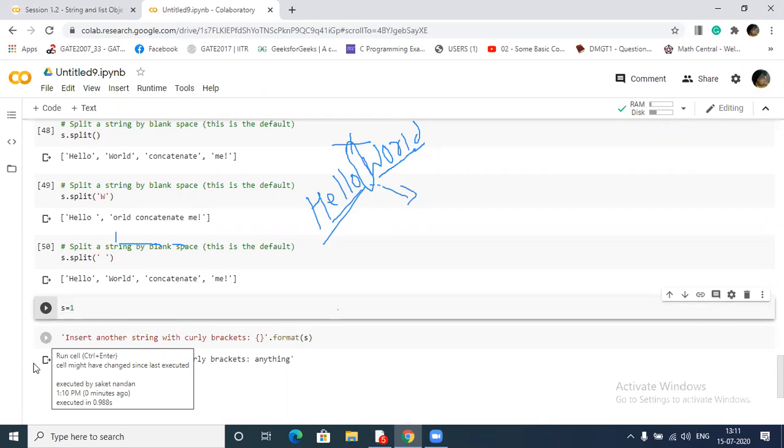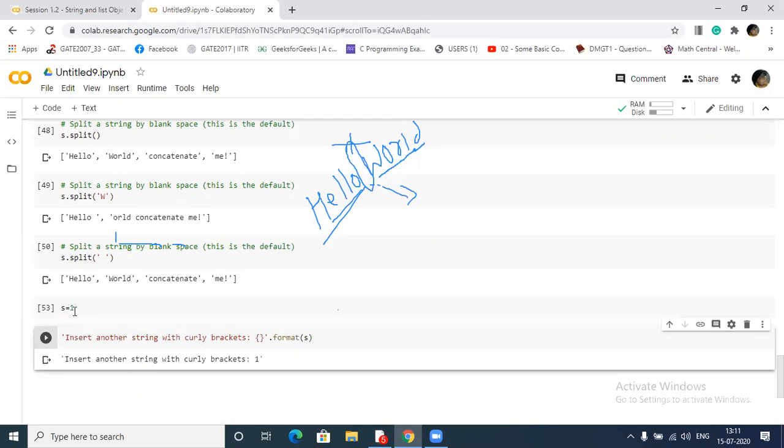I run this, got my point? Whatever you are storing here, you can print along with this message. The structure is: this is the message part, then you give this bracket, and then dot, without any space, dot format, and whatever you pass as an object in that, you can write here.